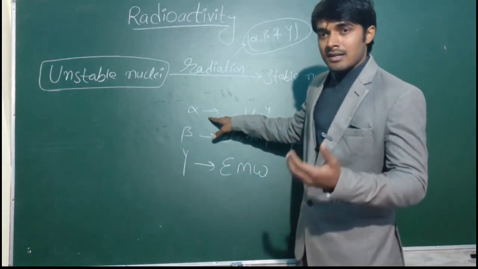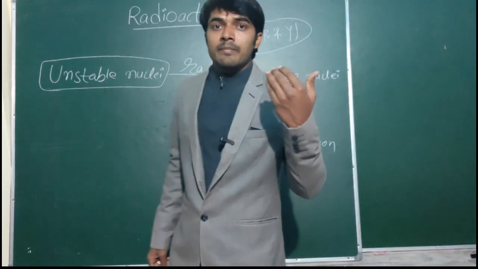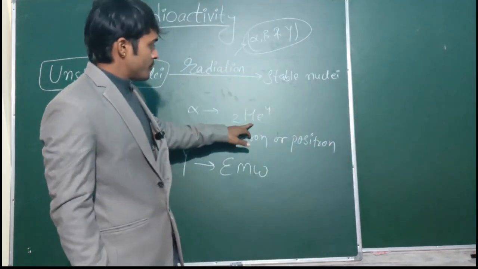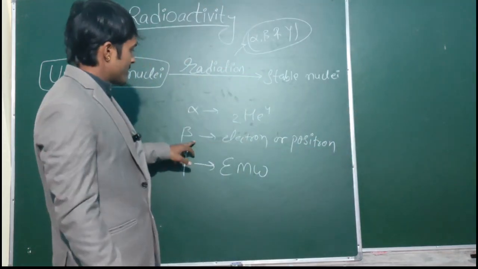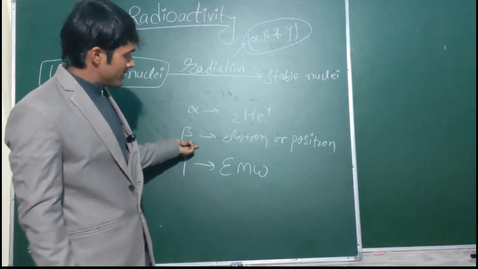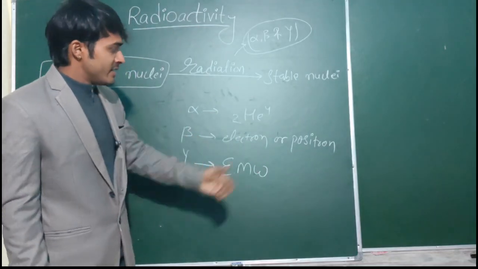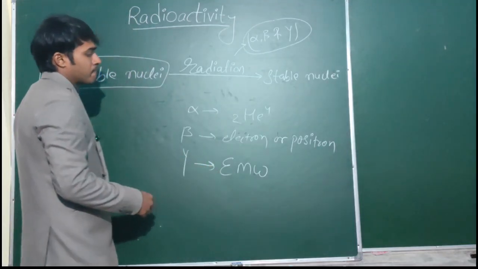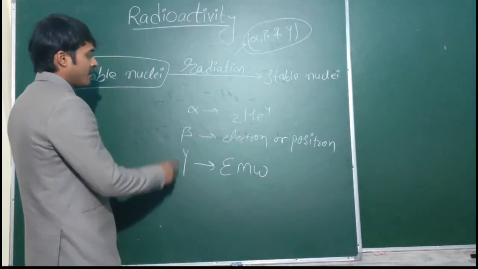They can ionize the particles of the medium in which they are propagating, in which they are traveling. So they have ionizing potential, ionizing power, as the electron or positron, that is a beta particle, does have ionizing power. The gamma radiation does have ionizing power, and they can penetrate to some extent.